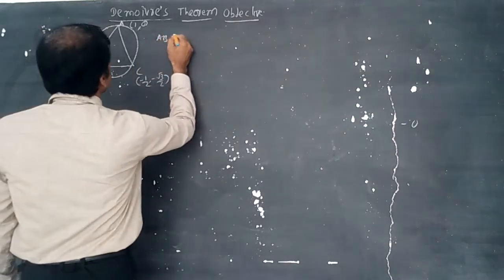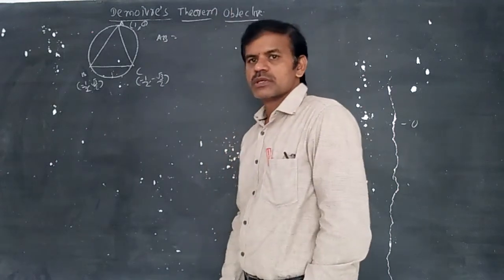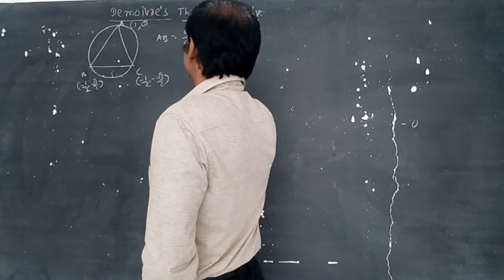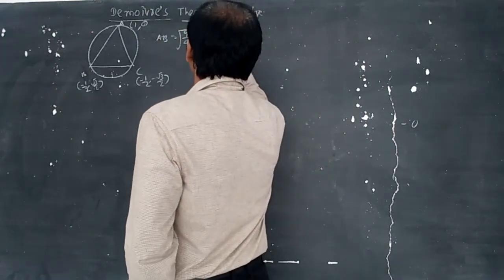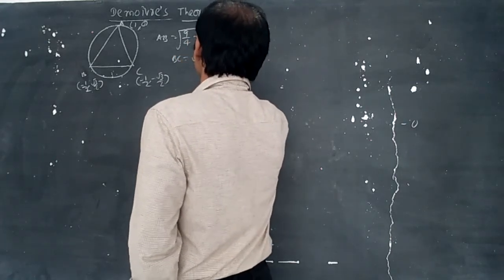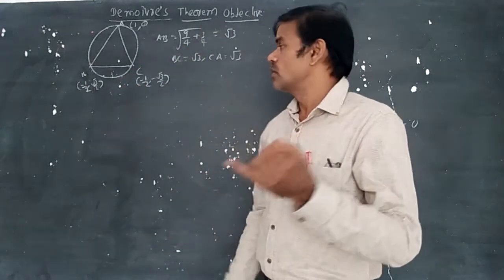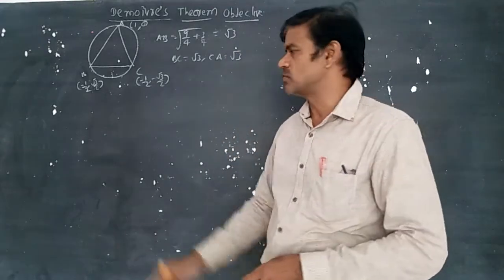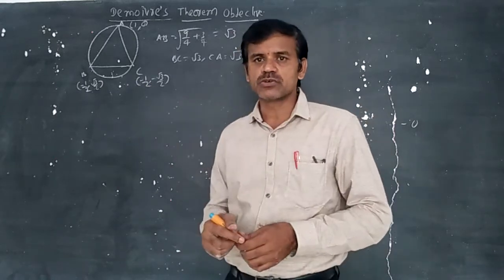Modulus of AB is equal to root of 1 plus 1 by 2 whole square plus root 3 by 2 whole square. So 1 plus 1 by 2 whole square becomes 9 by 4, plus 3 by 4. So 9 plus 3 is 12, 12 by 4 becomes 3, so root 3. In the similar way, you can understand BC is equal to root 3 and CA is equal to root 3. Triangle ABC is formed with 1, 0; minus 1 by 2, root 3 by 2, which is omega, minus 1 plus i root 3 by 2; and omega square, minus 1 minus i root 3 by 2, that is minus 1 by 2, minus root 3 by 2.